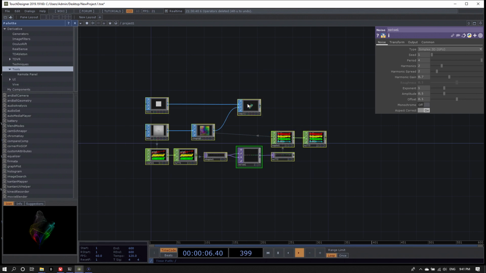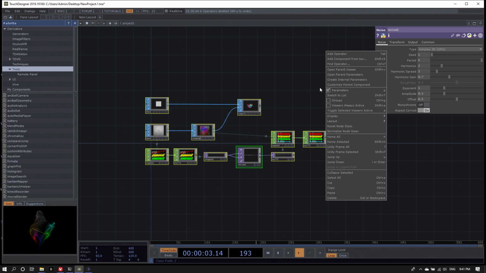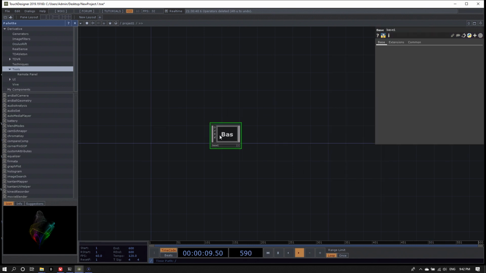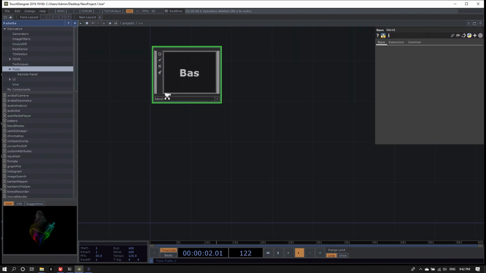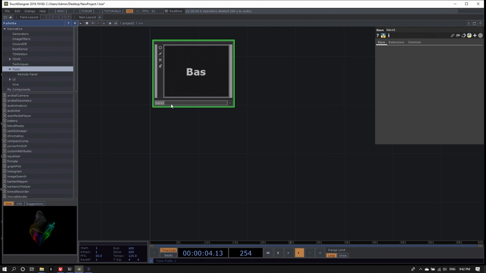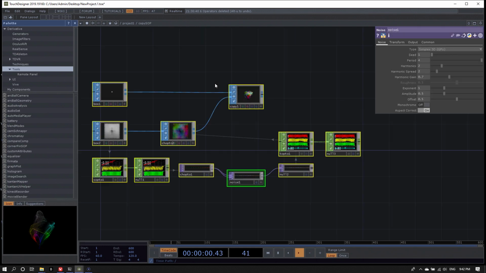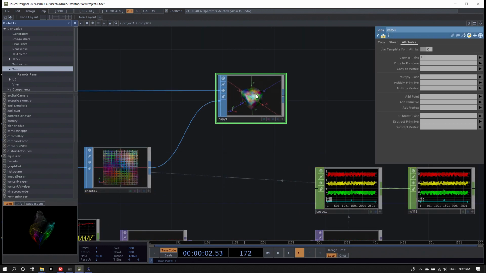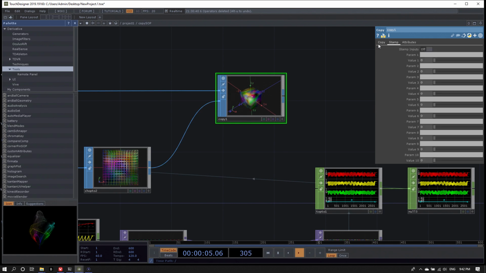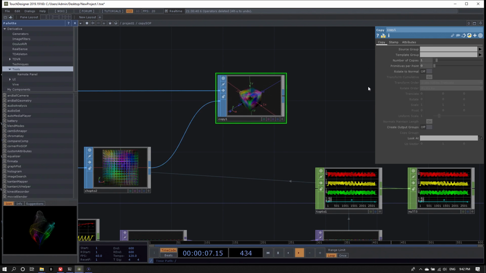So let's save this here. What I would do is I would just select everything, right-click somewhere on the pane to bring up the pane menu, and then select collapse selected. What this does, it puts it all into a base component, and let's call this base component copy sub. Great. I mean, the copy sub in general is a really interesting operator, and I don't want to discredit it in any way.